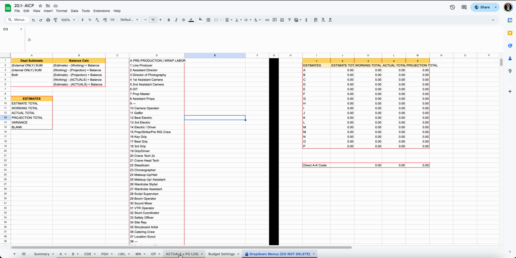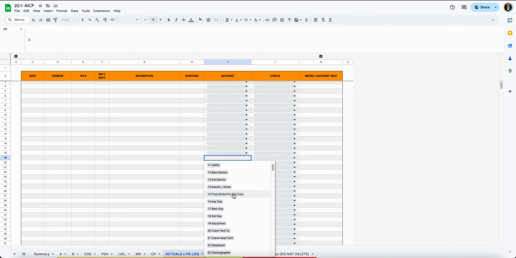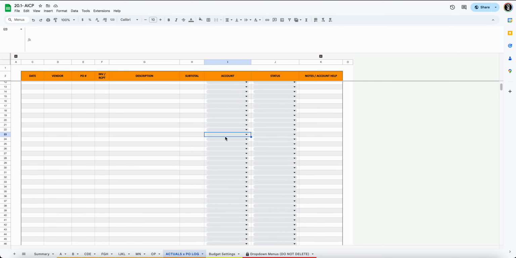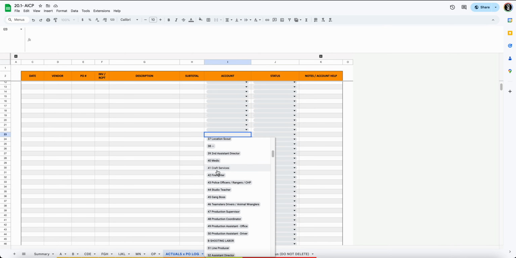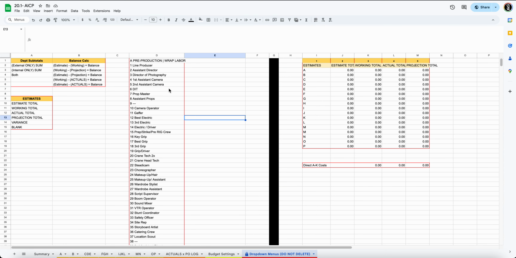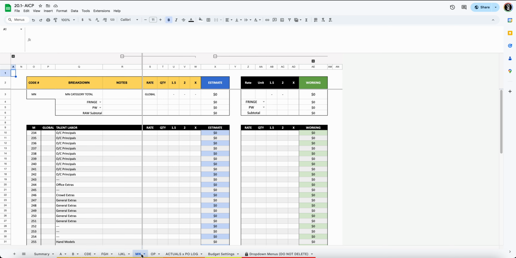But what I realized for this to be locked today was that the accounts also pull headers. So what you'll see is, for example, it'll say accounts up here at the top, and if you scroll far enough, you'll see that at some point you'll get random headers like this one, props, wardrobes, and rentals, which is not an account, it's a header. And the reason that's happening is because this sheet actually pulls every single account from all of these tabs